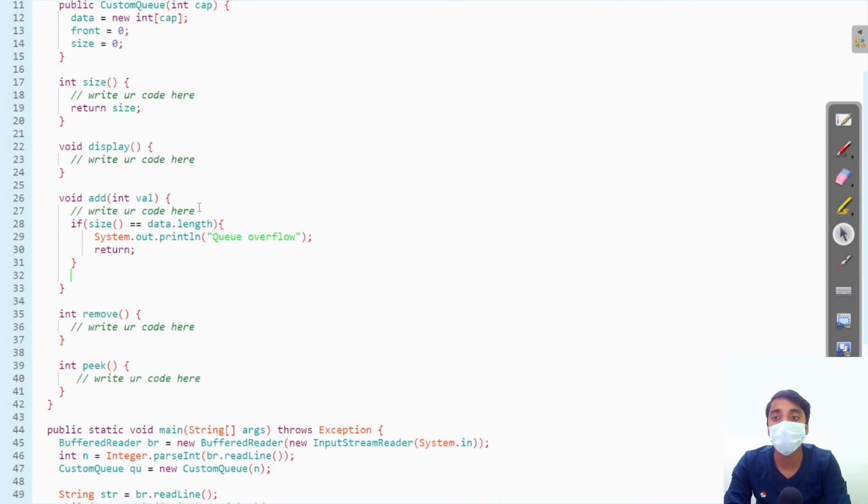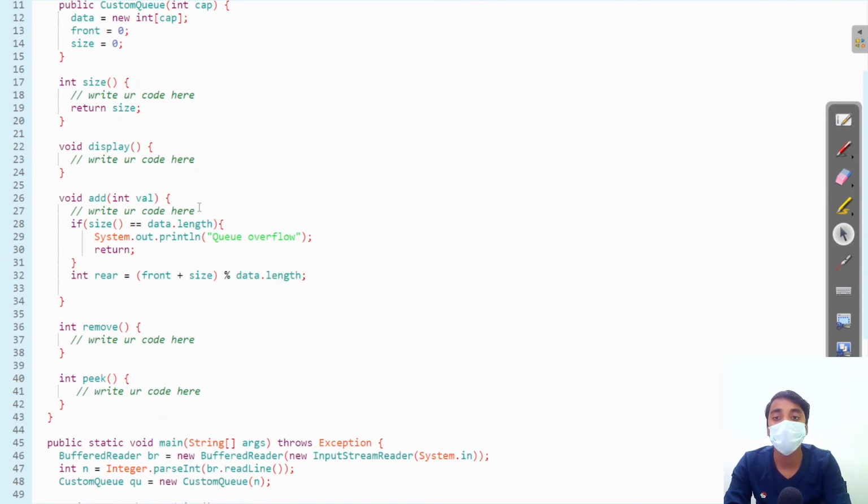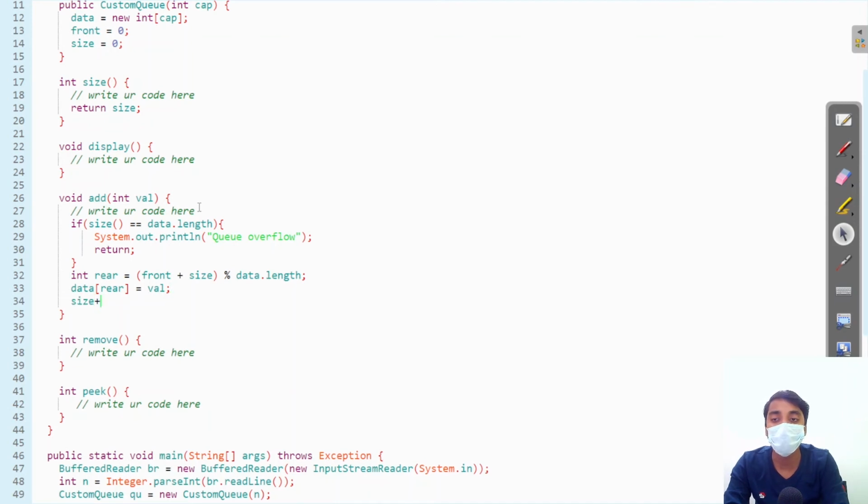Else, we will find the rear. Rear will be front plus size modulo data.length. This will give us the rear index. Now data at rear will save the value. The size will increment by 1.